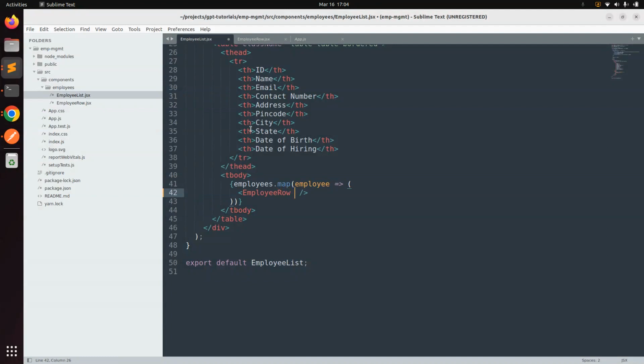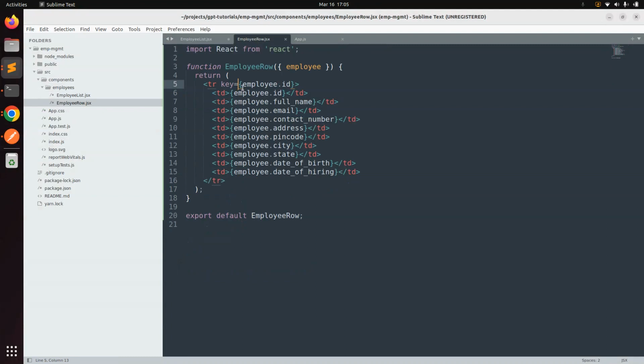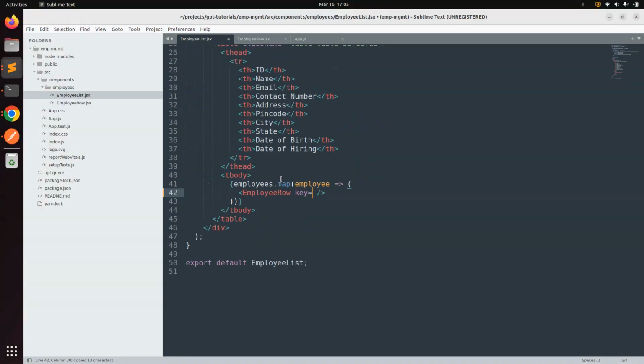by row. And like we are passing the key property to the tr, we need to pass the key property here as well, let's say key, and then key should be employee.id. So we can use it like this, key must be employee.id. And then we need to pass the property, which is employee, and here you need to pass employee,